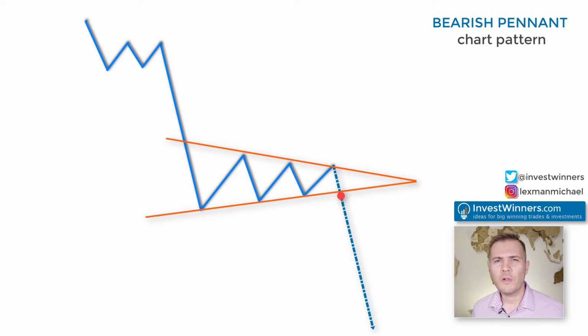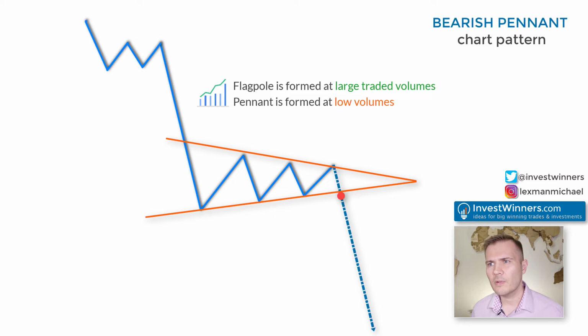The bearish pennant follows the same logic. A downward move that forms the first part of the pennant stock chart pattern, stagnation and the pennant formation itself, then waiting for a downward breakout. It's all the same when it comes to volume. A large volume on the flagpole, reduced volumes on the pennant, and a downward breakout should be consolidated with greatly increased volumes.